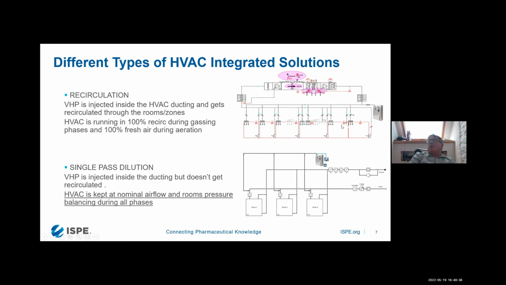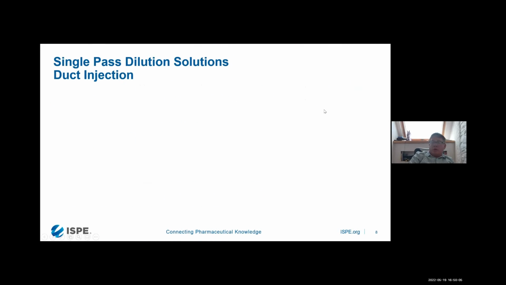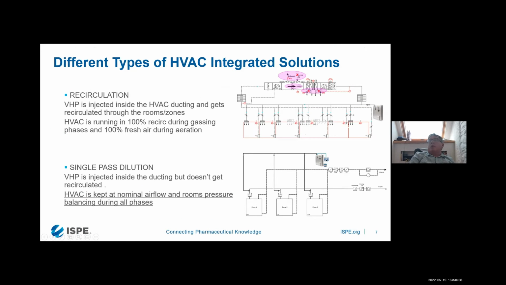We are decontaminating all the surfaces of all the zones, and then decontaminating the exhaust filter, and also all the ducting, noise reducer, HVAC system, dust filter, all the coils. So the whole system is decontaminated with this recirculation. And for the pharma industry, this is definitely the best, or the most efficient technology. Now, since about 4 years, I've introduced what I call the single pass dilution technology, where